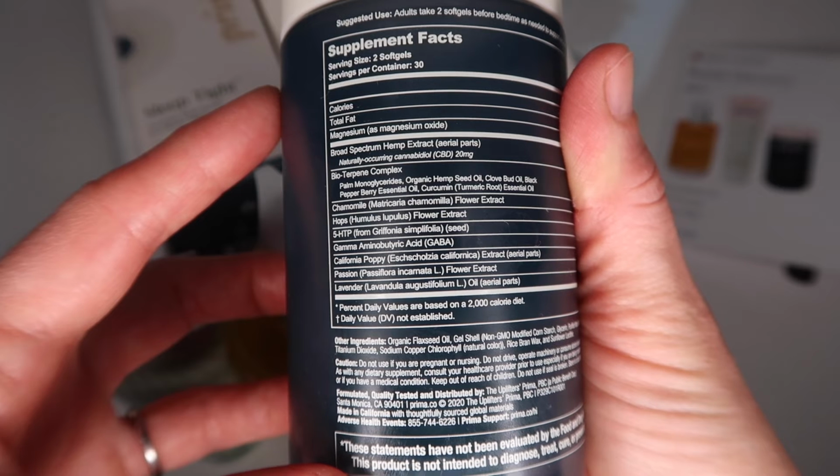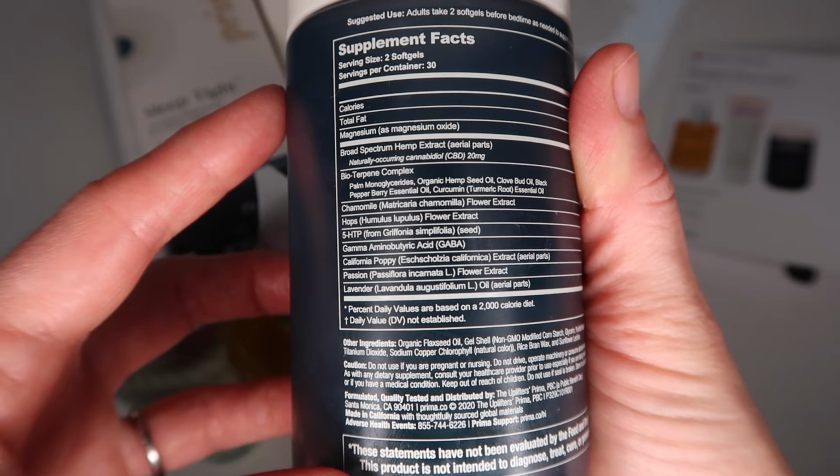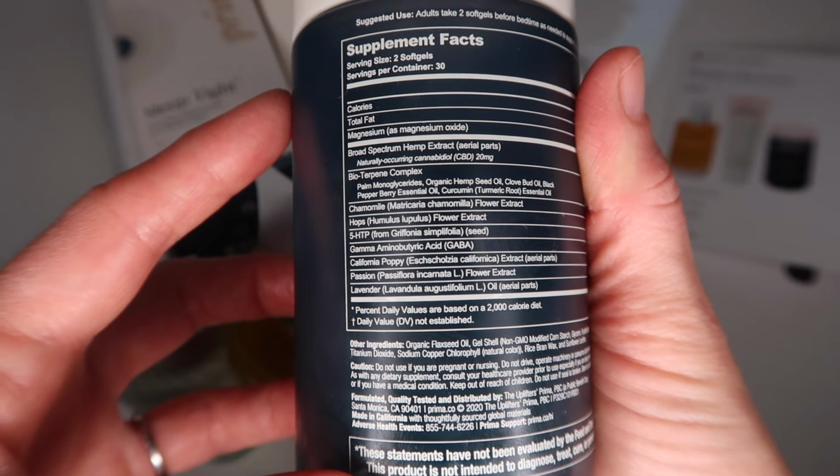It has a bioterpene complex, chamomile, hops, 5-HTP, GABA, California poppy, passion flower, lavender. The ingredients seem fine on the surface, but I just think about anything as being on a seesaw. So I personally, like the 5-HTP, is not something I would be comfortable taking based on what I know or